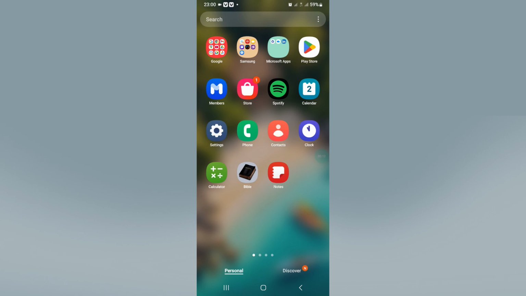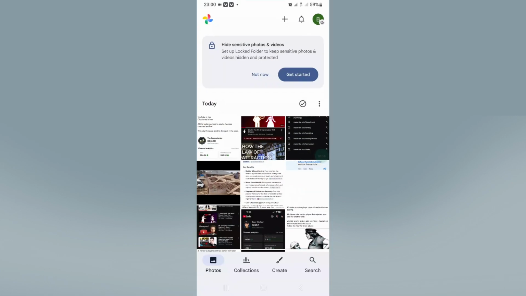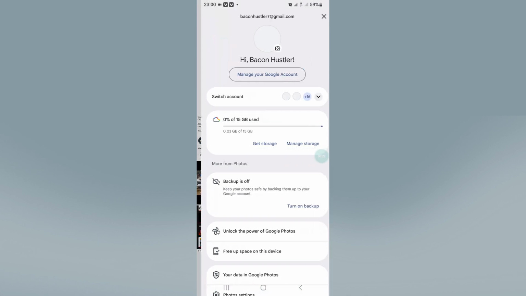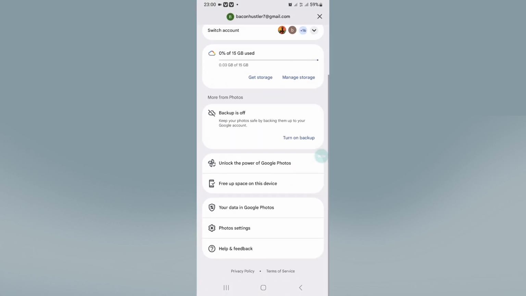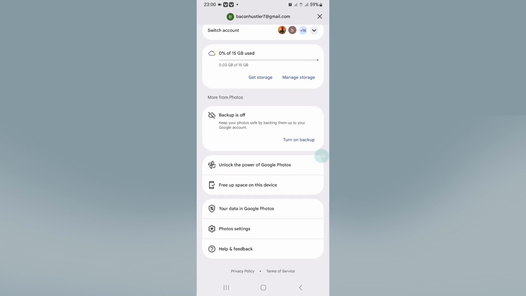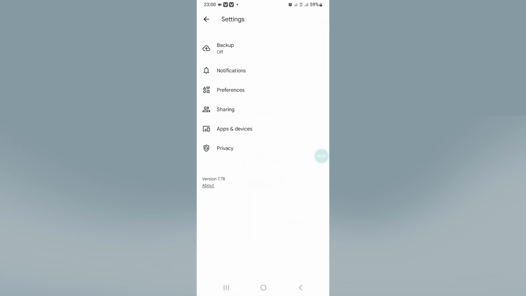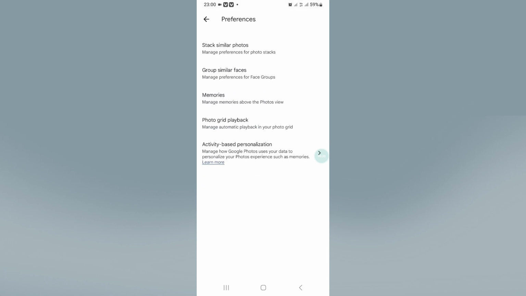So first up, what you need to do is open Google Photos. Once you do that, click on your profile on the top right corner, and then scroll down and click on the photo settings. Once you do that, click on the preferences option right over here, and then click on the stack similar photos